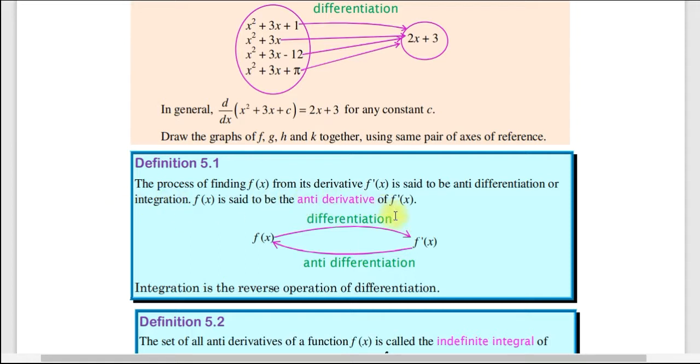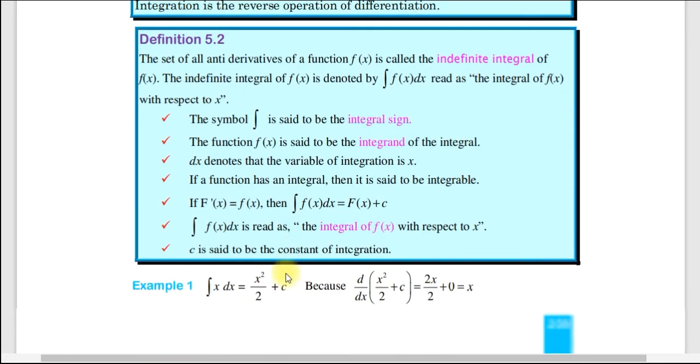ዲፈረንሺዬት የተደረገውን ደግሞ ወደ f of x ወይም ወደ ኦሪጂናል ፋንክሽኑ ስንቀይረው ደግሞ አንቲ ዲፈረንሺዬሽን ወይም ኢንተግሬሽን እንለዋለን። እንደምታውቁት f prime ን ወደ f of x ስንቀይረው ማለት፣ so integration is the reverse operation of differentiation. እና integration እንግዲህ reverse process ናቸው ማለት። ሌላኛው ዴፊኒሽናችን ደግሞ the set of all antiderivatives of a function f of x is called the indefinite